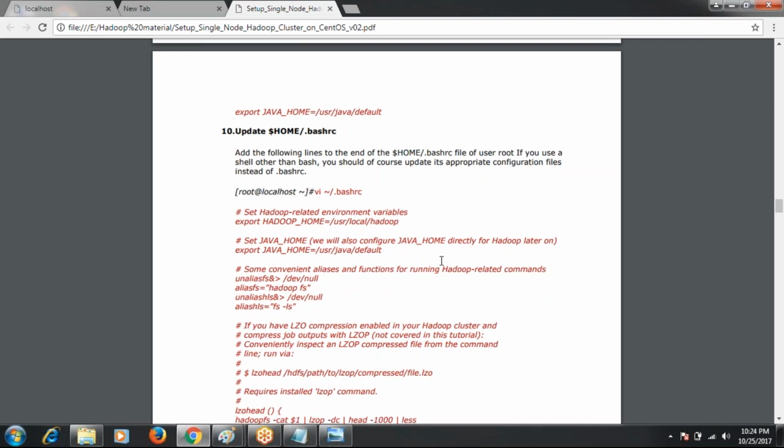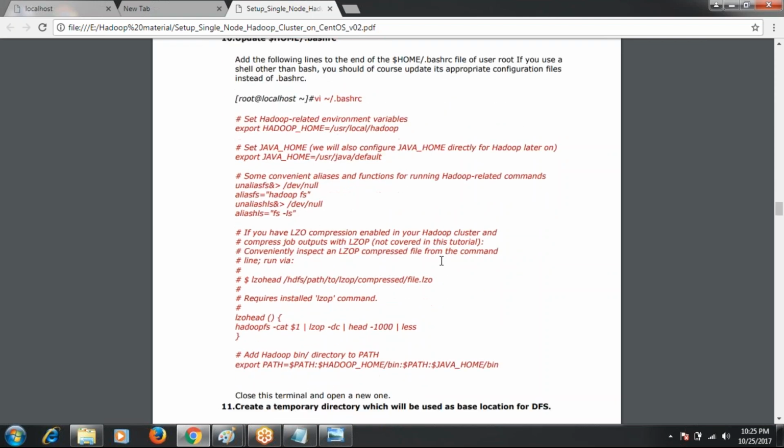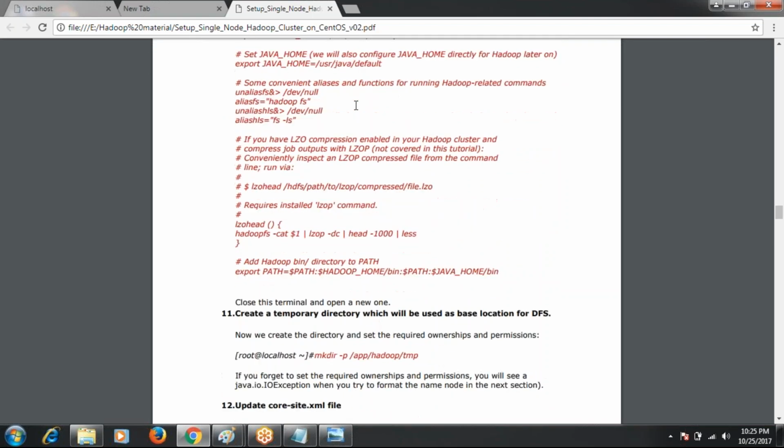Similarly in Linux, you have to put the path where you installed the software into the bashrc file, and then it can recognize it easily. That is the use of bashrc. Now we are going to install Hadoop, Java, and each of the different ecosystems, and all these home paths have to be put into the bashrc file. I'll show you how to open it and how we can put them.